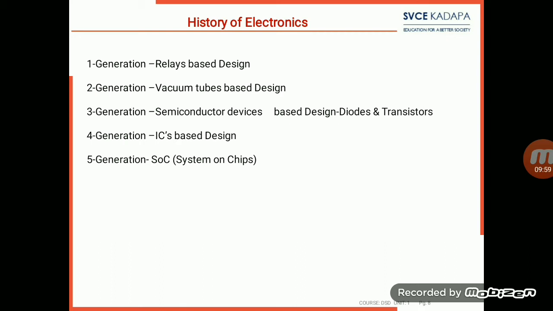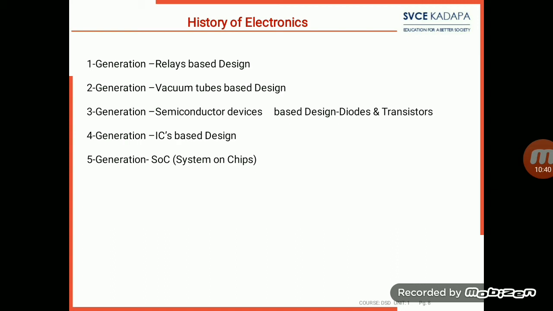Once IC technology came into the picture, the electronic industry became smarter. So IC means integrated circuit. It is just like a chip. It consists of an integration of active and passive components on a single silicon chip, which is called an integrated circuit. Different technologies are available for integrated circuits, which are discussed in a later part. So once IC technology came, the size of digital system design became very small compared to semiconductor, vacuum tube and relay based designs.